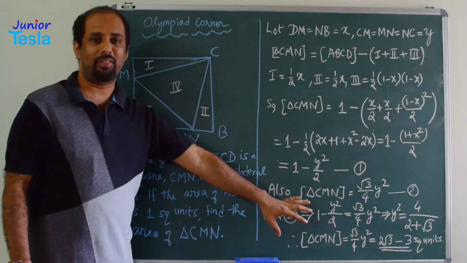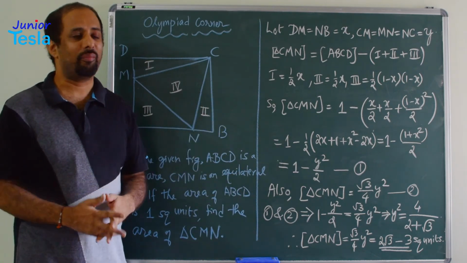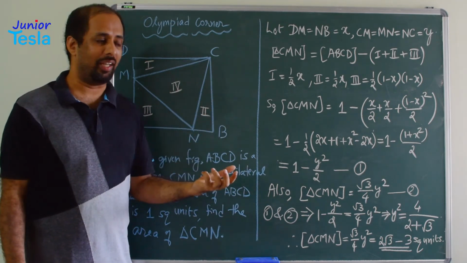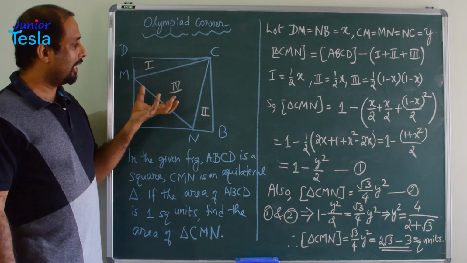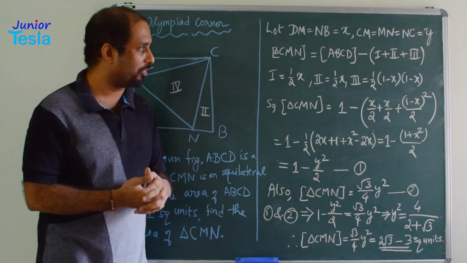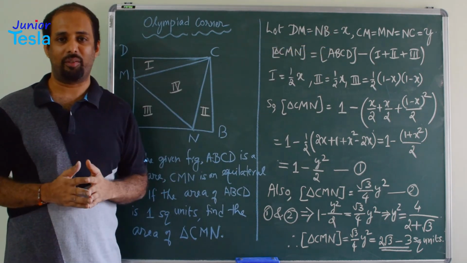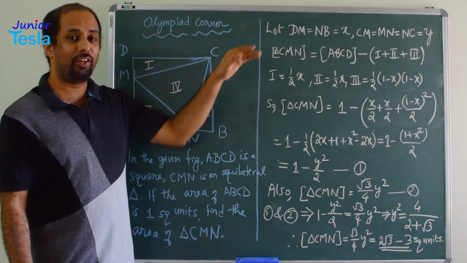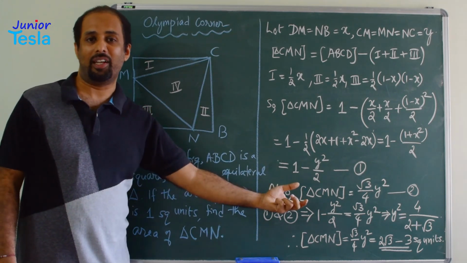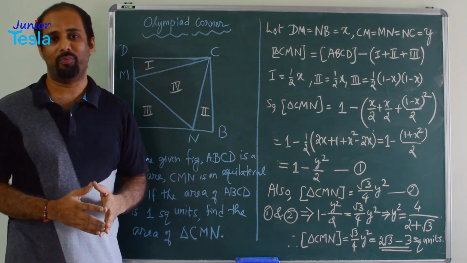Little bit of algebra comes at the end of the solution, otherwise everything else is a very decent, direct solution. The diagram is given in the problem itself, so we need not draw the diagram again. Only thing is, get all the information, whatever the statement says, you have to consider all the information and solve the problem. We had got two unknowns x and y, but we cannot keep those unknowns in the final answer. Remember, whatever unknowns you have introduced while solving the problem, those new unknowns should not be there in the final answer. So, we have eliminated x and y, finally we got the numerical value.